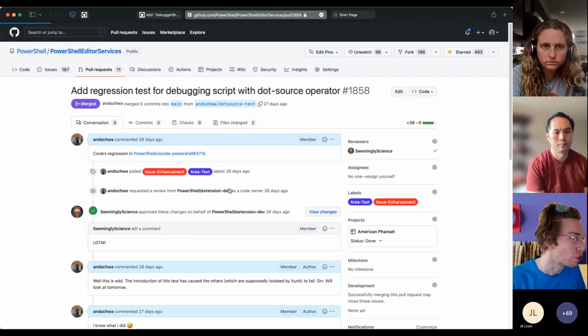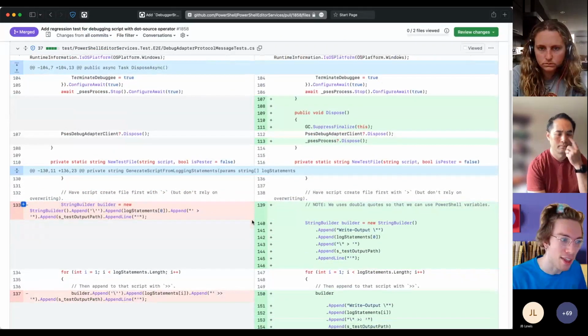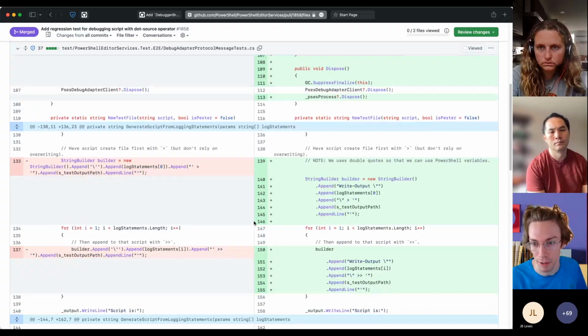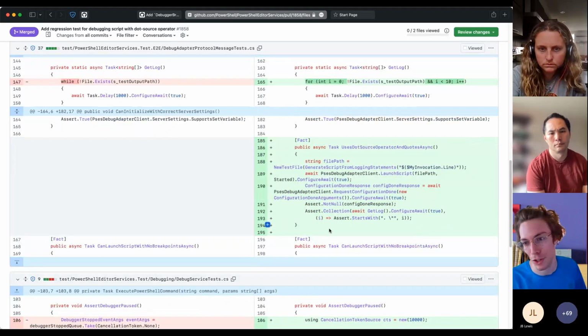At some point during those changes, we changed from doing a dot source of the script that you were executing to an ampersand call, which seems like a small little change, but we had enough people say, hey, that did not work. That broke so many different flows. We did get it fixed, but again, we didn't have a great way to test it at the time. This is a much smaller test, but we now have an end-to-end regression test for that as well.